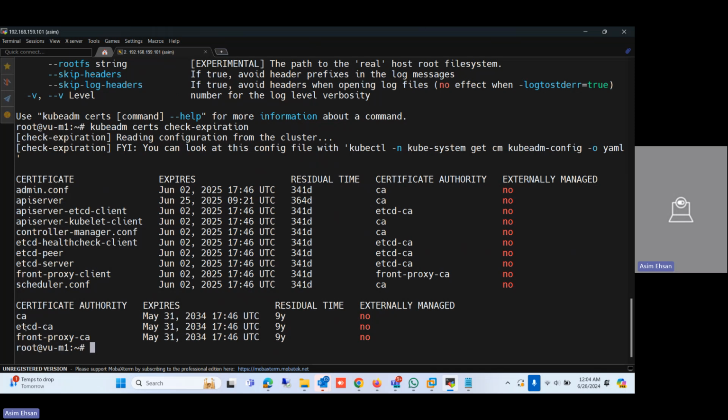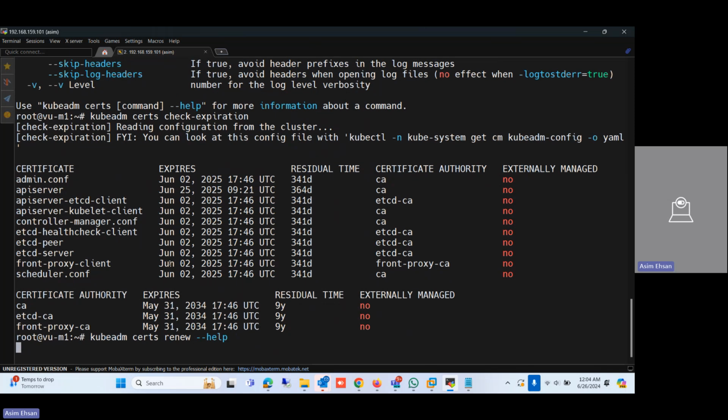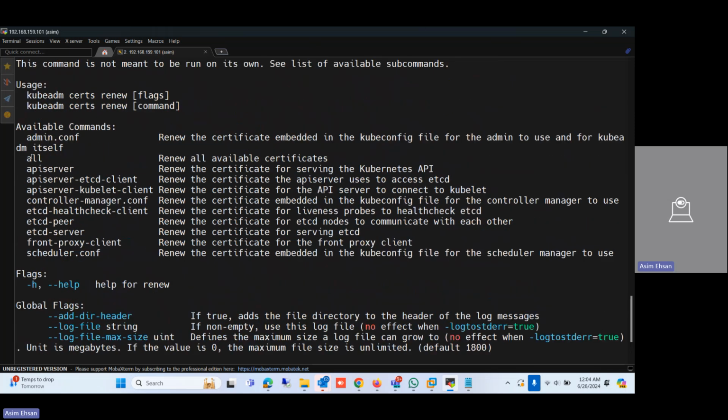So these are the certificates, and now how to renew them. If I want to renew, this is not a difficult job. I can just do renew and --help. I can see I can put all, and it will renew all the certificates, or I can renew any certificate by providing the name of that certificate. So if I do all,